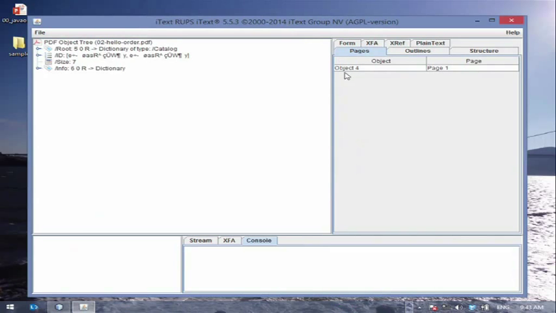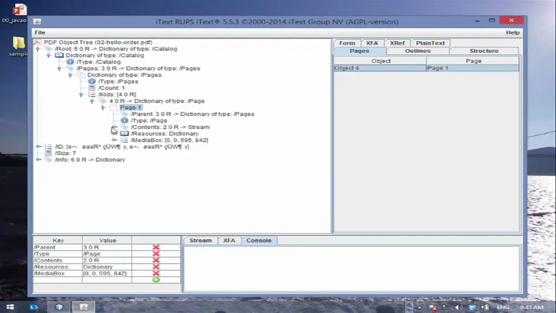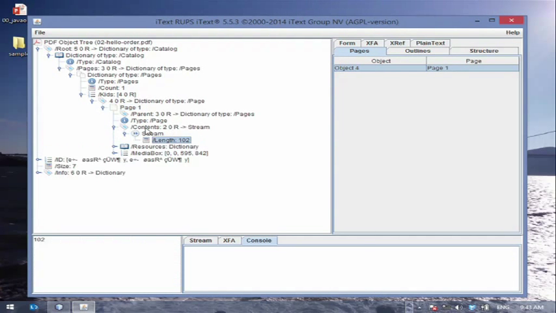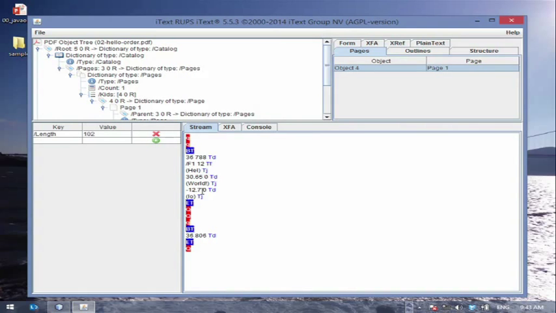Here we have the same hello world, but if we look at the contents, just a second here, we see that actually it says hello world low. And these different text snippets are positioned using their coordinates. So for many different reasons, PDF producers can choose to position text in an order that isn't the logical reading order.